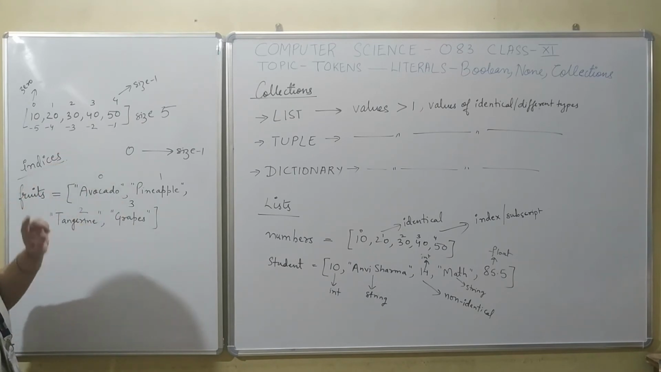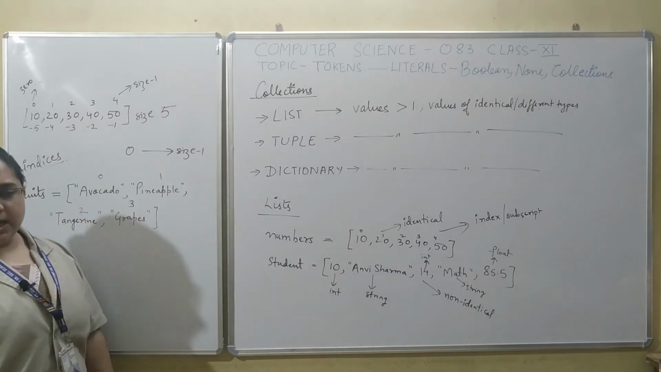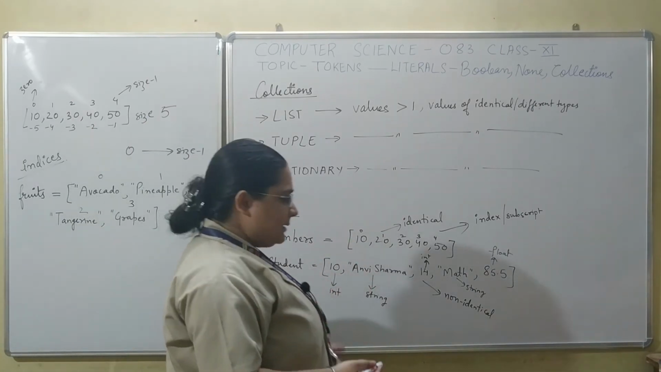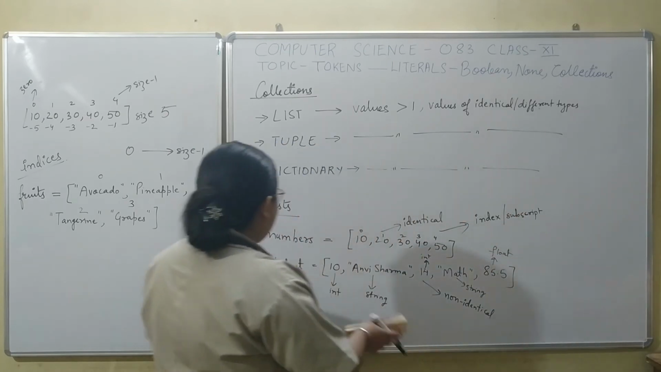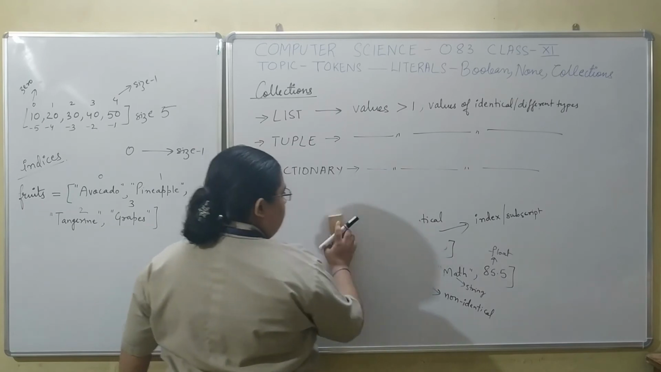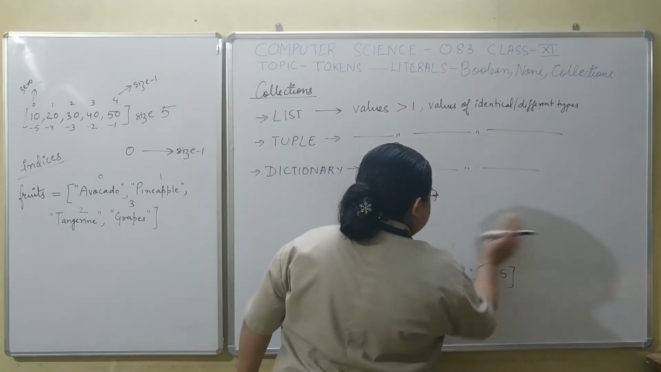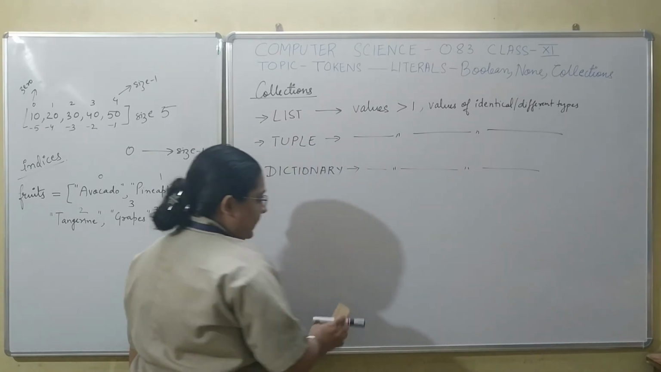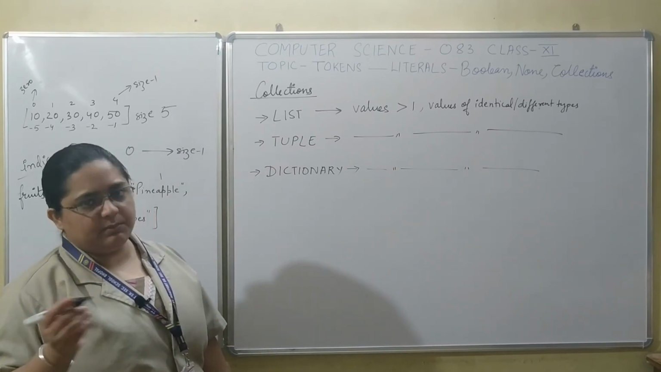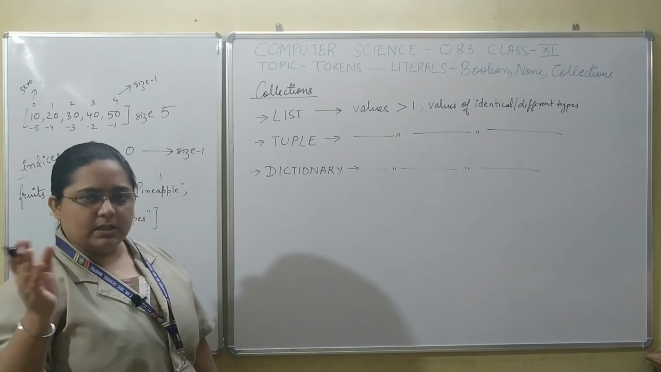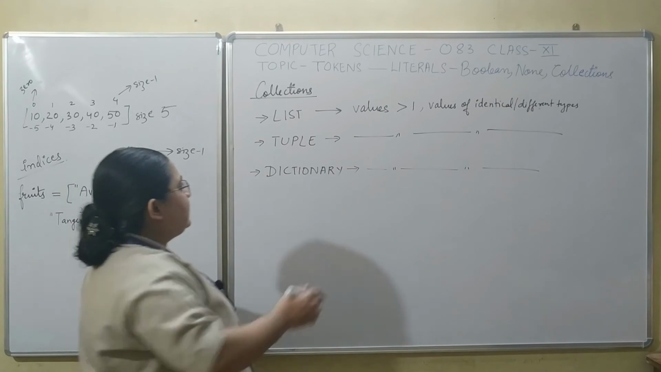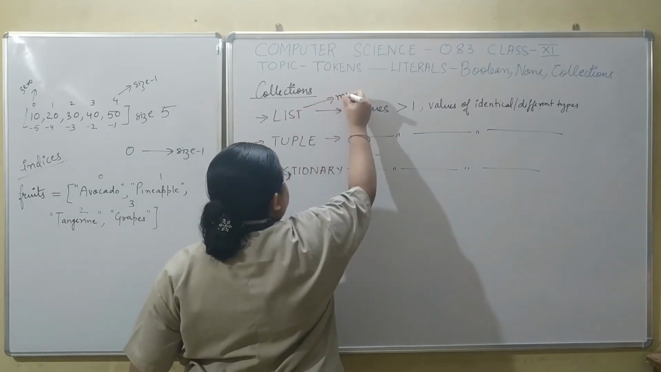Now next, that is tuples. Tuples are also similar to lists. They are also like lists only. Everything is same. Only thing is they are enclosed within a pair of round brackets. Now there is one more concept, students, mutability and immutability, which I would be teaching in the next chapter, that is data handling. So let me tell you, lists are mutable data types,